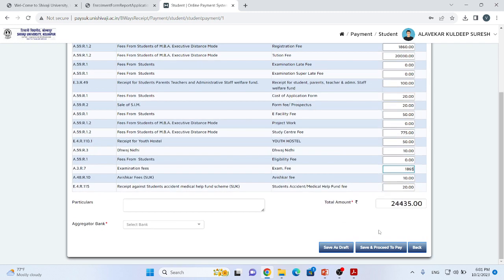Then 1865, and you have to make Avishkar fee 0. You will find the final figure as 24,800.